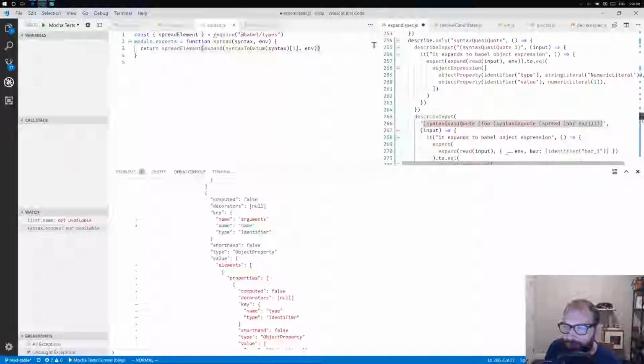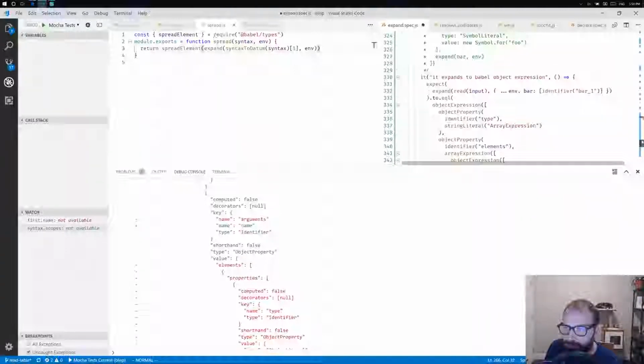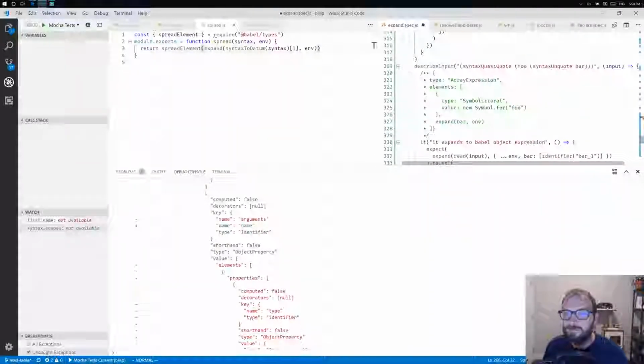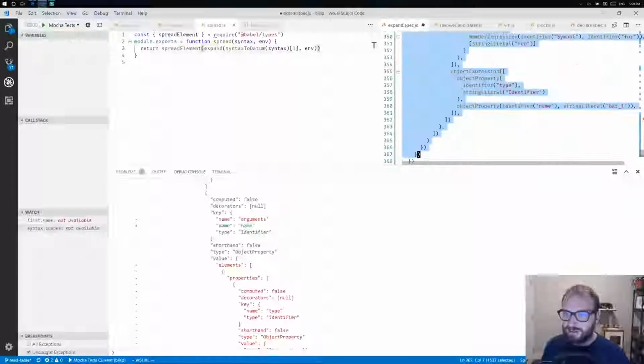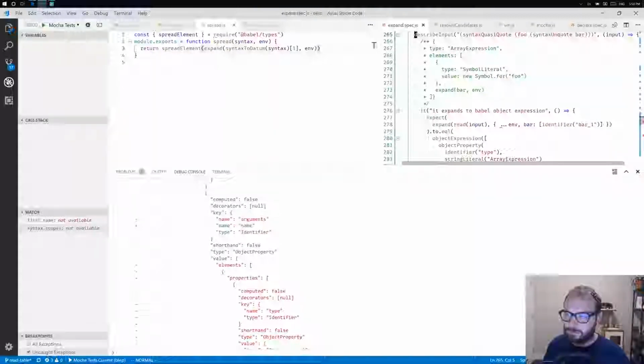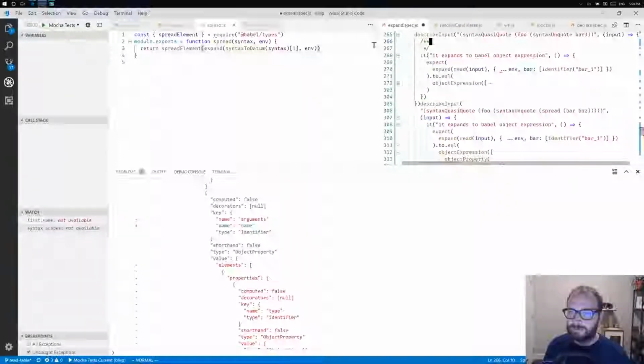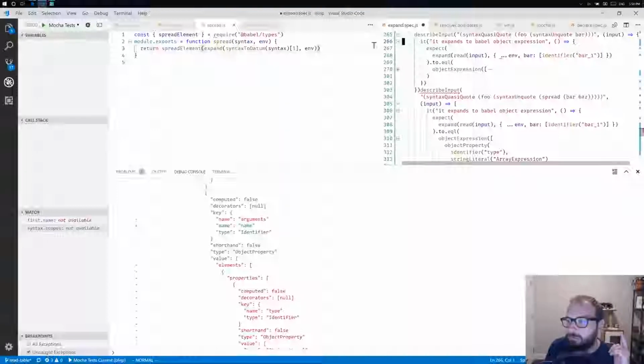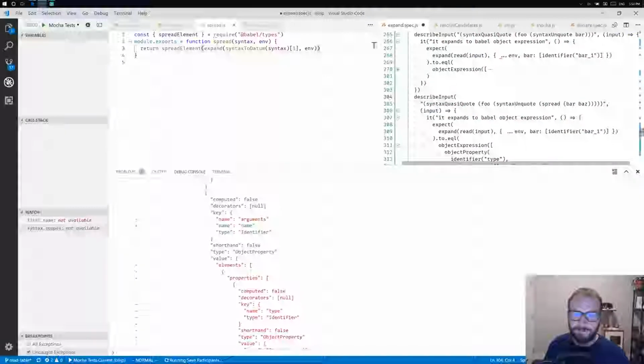Oh, where am I? All right, so I just want to swap the positions of these real fast. And I want to collapse this down. I'm also going to get rid of this. Make sure it'll run. Okay, so